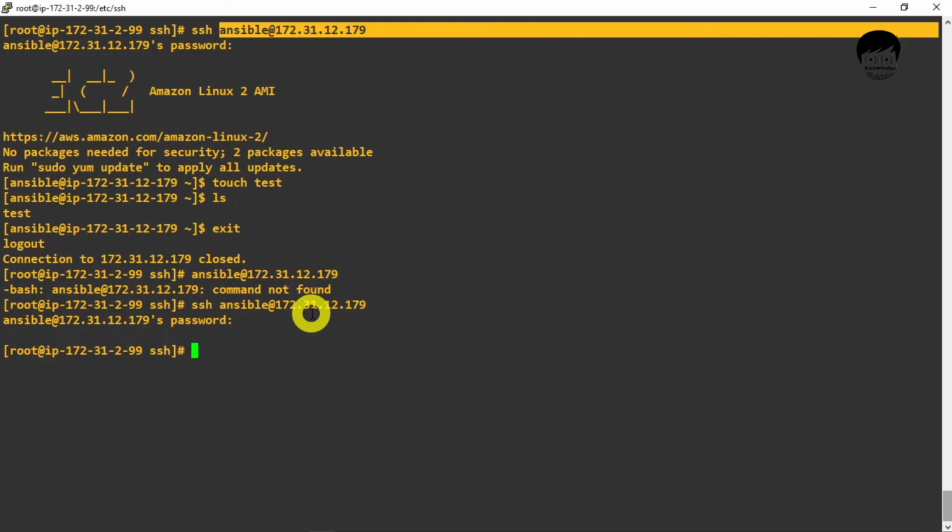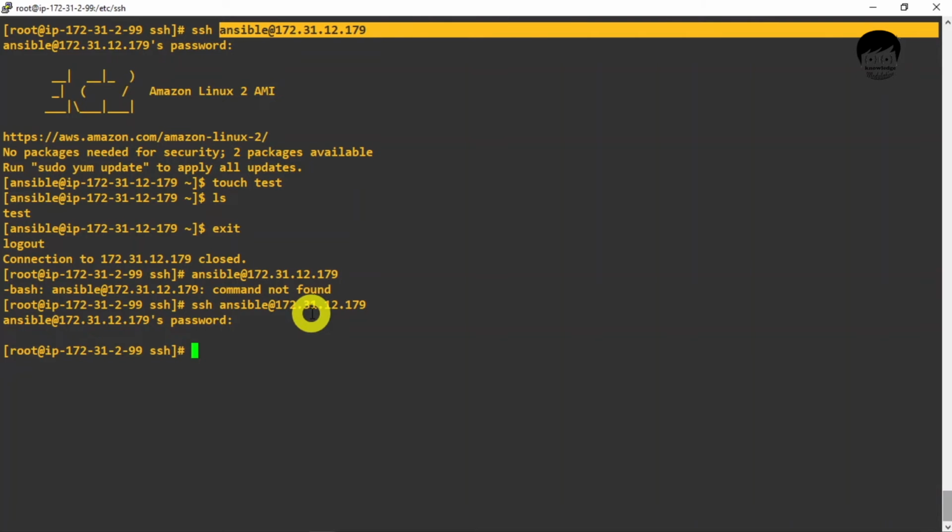So what we can do is create one ssh key, an ssh public key, and copy that key to every node, so that when my Ansible server wants to connect to these nodes, it will verify that this is an authenticated user. We have this public key, we can match it with the Ansible server, and yes, it is allowed. So how can we do this? I will show you.